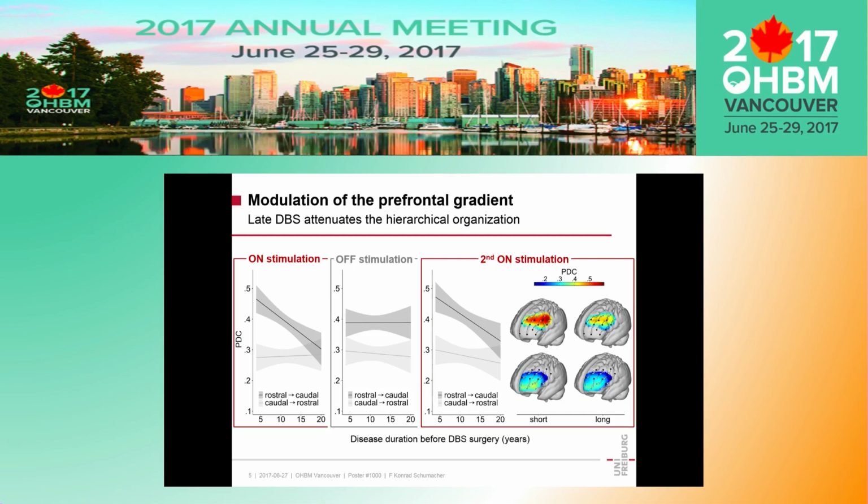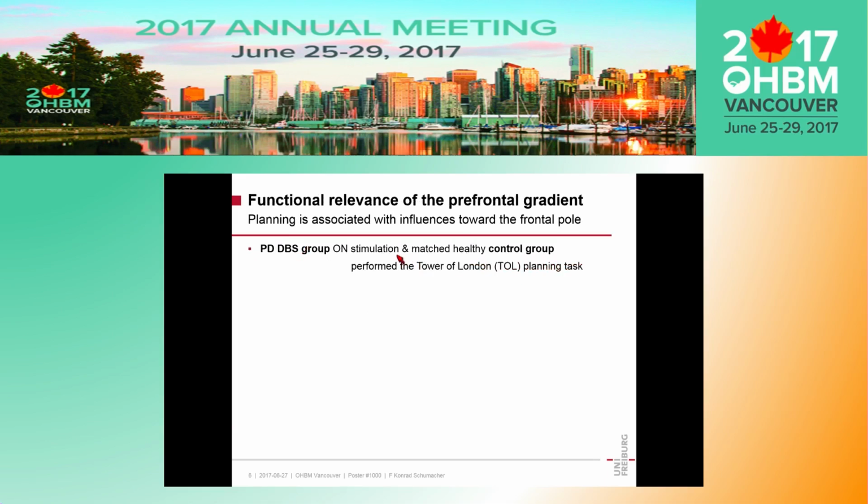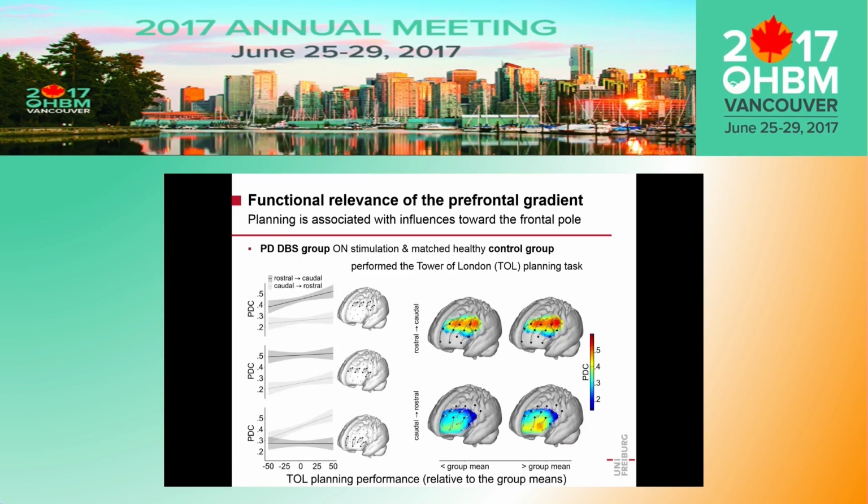Now, to be able to conclude something about whether this is also relevant for behavioral and cognitive outcome, we also assessed patients on stimulation and a group of matched healthy controls with a cognitive task that is known to rely on the prefrontal cortex, namely the Tower of London planning task. To control for the overall group differences in planning performance between patients and controls, we mean-centered the planning performance for both groups separately. And what we found is that there was indeed a correlation between planning performance and the